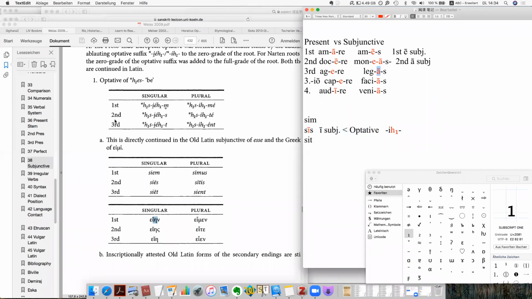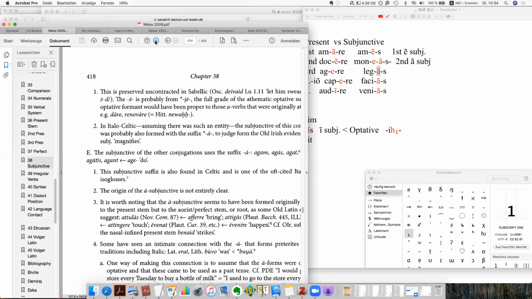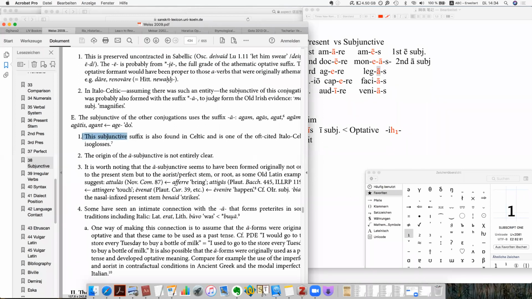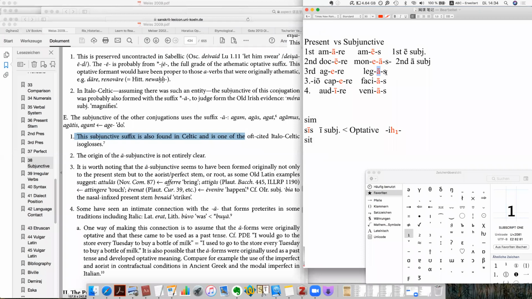And then this R subjunctive, Michael Weiss also mentioned this R subjunctive. This R subjunctive is also found in Celtic, in Old Irish, and it is one of the oft-cited Italo-Celtic isoglosses. 就是呢，在凯尔特语里面也是存在这个 r subjunctive 的，然后学者一般把这个作为重构 Italo-Celtic 的一种标志，就是说大家一直认为意大利语系，like Latin and Sabellic，和凯尔特语系关系更密切。对，然后呢，其中有一个证据就是说，他们都有这种 r 虚拟式。Okay, so this is actually one of the